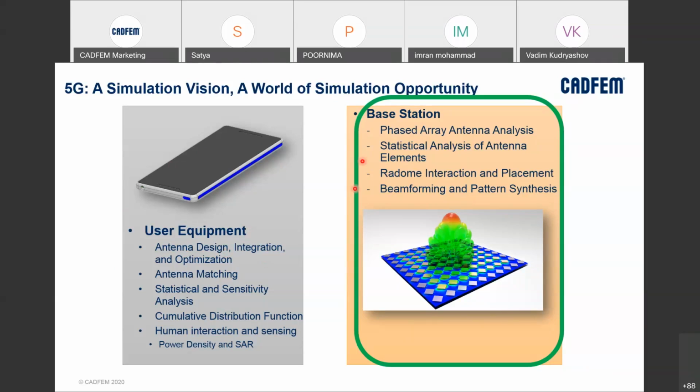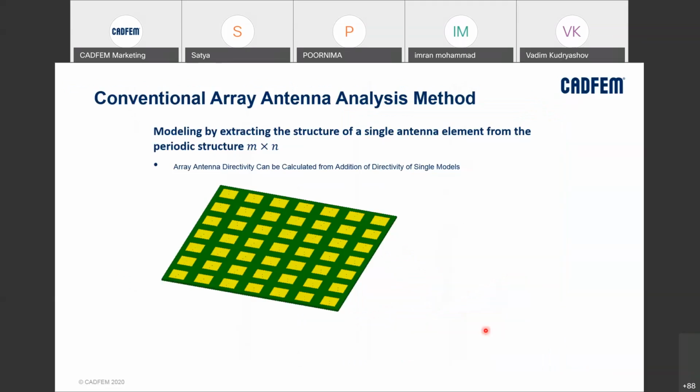We are worrying about the base station designing part. Because the base station is going to provide the network for these equipments. So simply, the base station is nothing but an array antenna, because in the device, one antenna will be there. But in the base station, there will be multiple arrays of antennas providing very high power